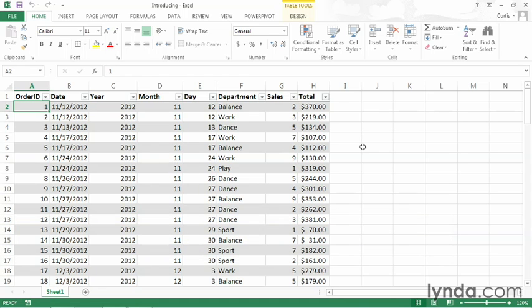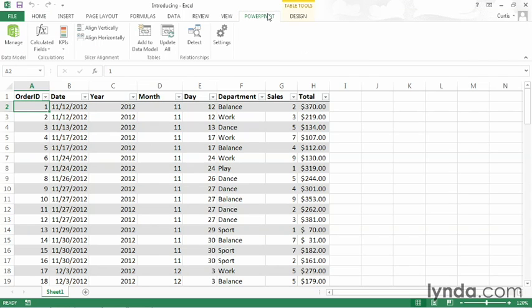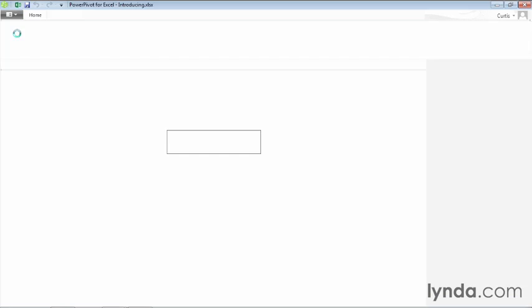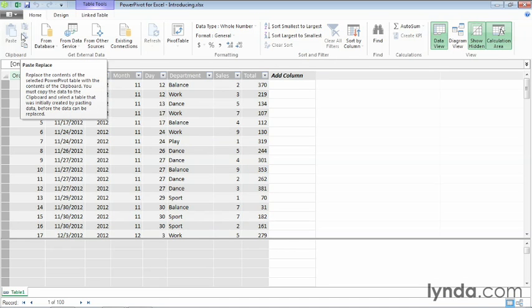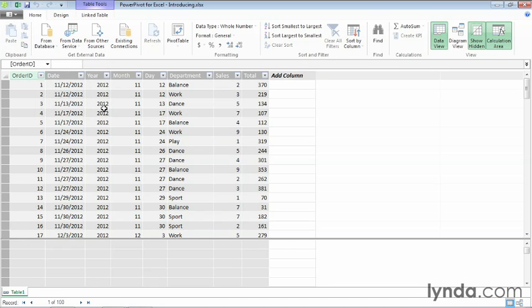archive. To go over to Power Pivot, I'll click the Power Pivot tab on the ribbon, and then over on the left side of the tab, I'll click the Manage button. Doing so opens my data in Power Pivot, and you can see that I have a number of columns. There are two columns that I'll use here on the right edge of the sheet. I have sales, which is the number of sales in a day, and total, which is the total value of